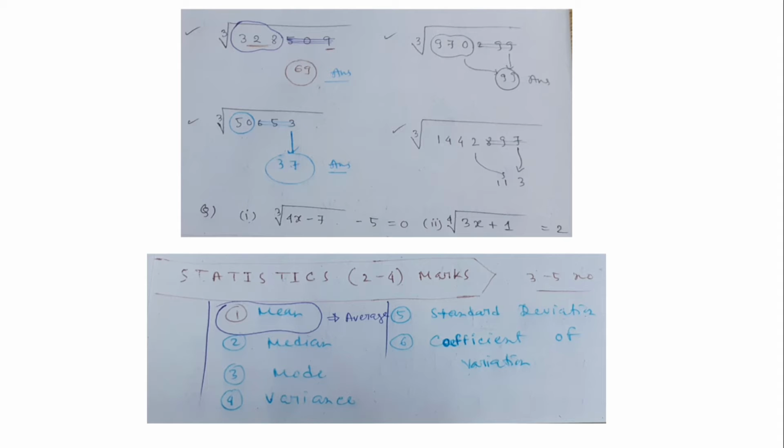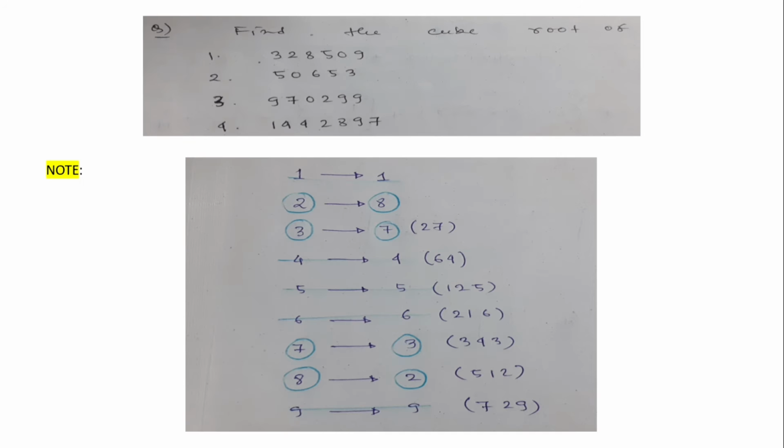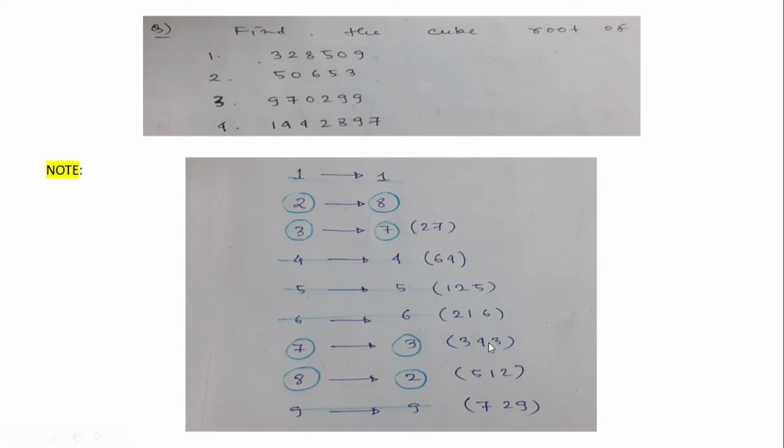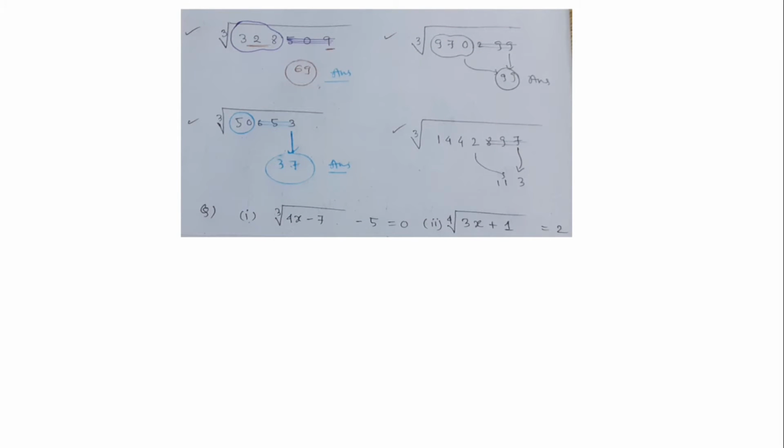Okay, 9 cube, if we find out, then we will get 9 in the last position, so that's why we are writing here 9. And again here 2 3 2 8, and in the previous slide you can see 328 is smaller than 343 and bigger than 216. So here we are writing 6, because 343 is bigger than 328. So whenever there is one number and we have to perform the cube root, then we will see the cube result,